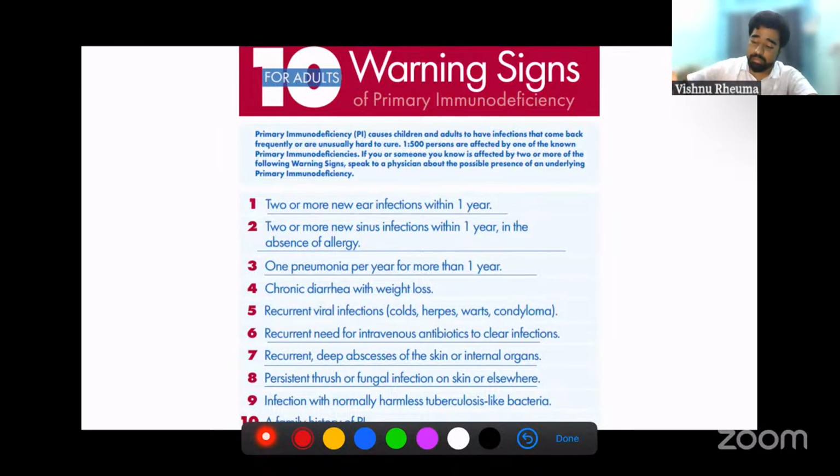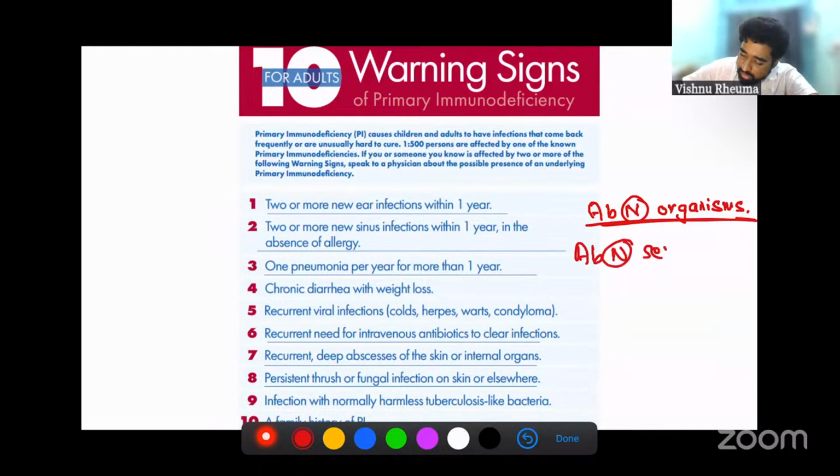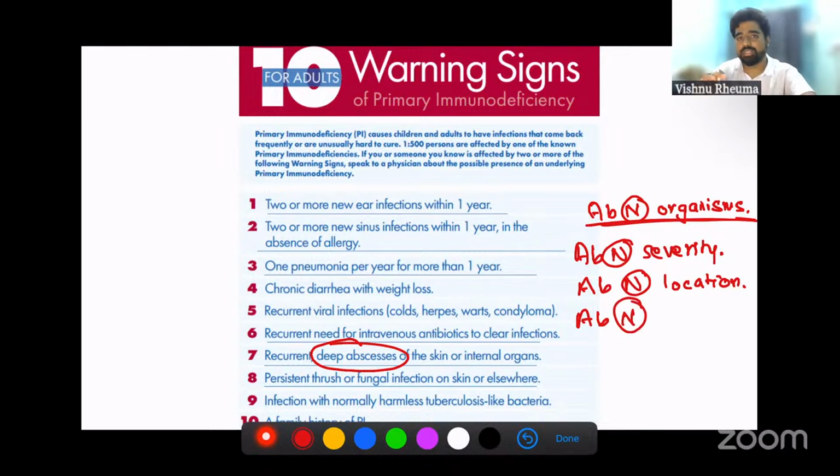So what do you have to keep in mind? It is abnormal organisms coming and infesting your body, causing infections. Then abnormal severity, as you see, severe sinus infections is written, or there will be deep-seated infections, that is your abnormal location. Then there will be abnormal frequency. I'm just simplifying what this list is, right? So abnormal frequency and your abnormal